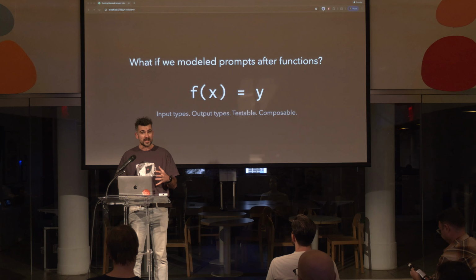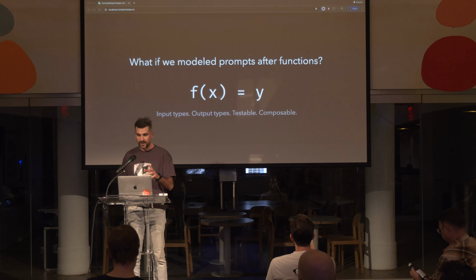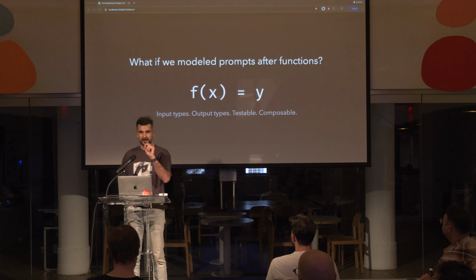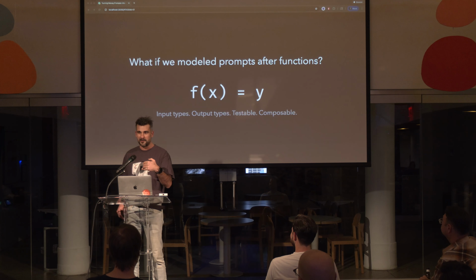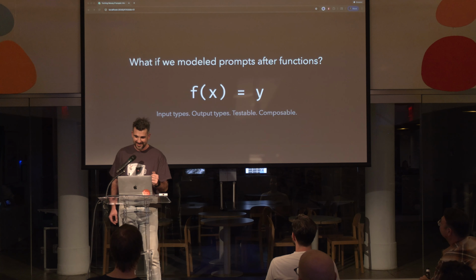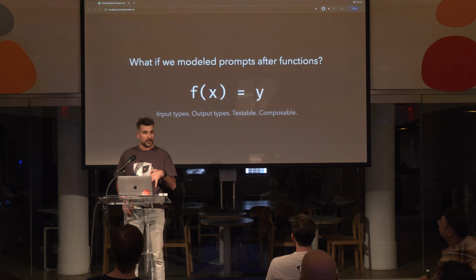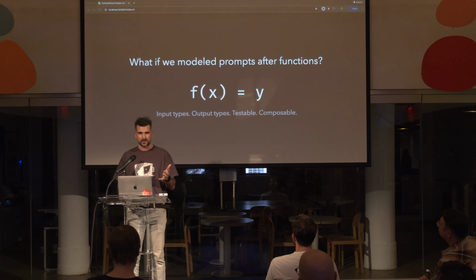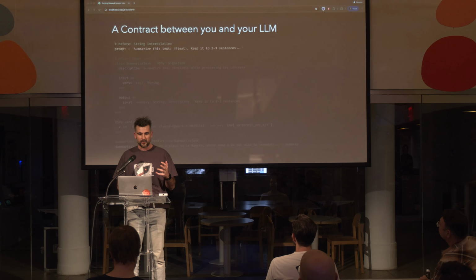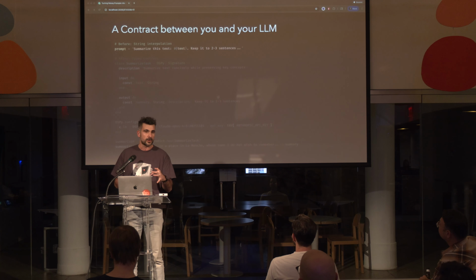And this is the core idea behind DSPy, the paradigm. DSPy stands for declarative, self-improving Python. I know this is a Ruby meetup, but I reframed it from a Ruby perspective, and I just kept the name. I call it DSPy.rb. And so from now on, instead of prompts, we're going to start calling them signatures. And so what is a signature? It's basically a contract between you or your app and your LLM.